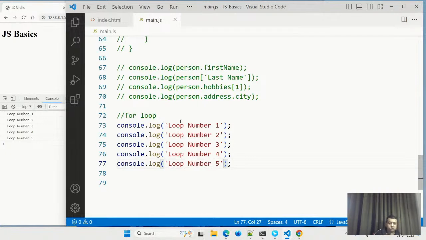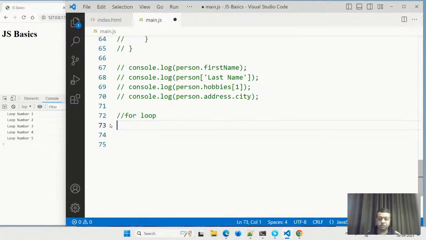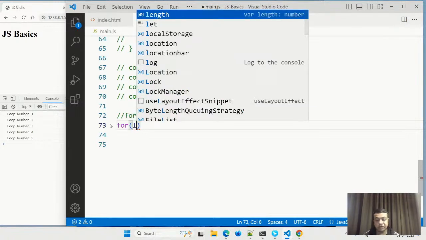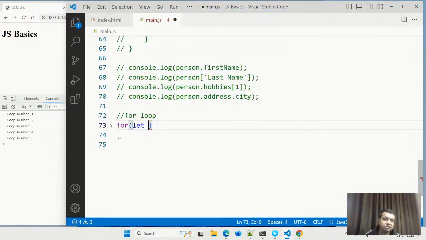The most common loop on the planet is the for loop, which is there from the starting of time. It is also known as the traditional for loop, and it is almost the same in all programming languages. Actually, it is 100% the same. Instead of let, in Java it will be int, and in C++ it will be int. Only that is different. let i = 0; i <= 10; i++.